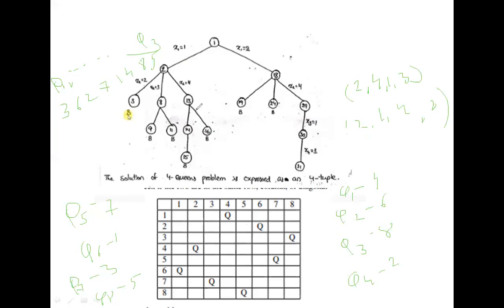Okay, in the exam, just construct the 4 queens tree, explain the 4 queens problem, and then solve it, and then give the solution to the 8 queens problem. The same manner you have to do. Just write there and just give the solution. If these 2 solutions are there, you write any one solution for the 8 queens problem. So far clear, students, or any doubt?